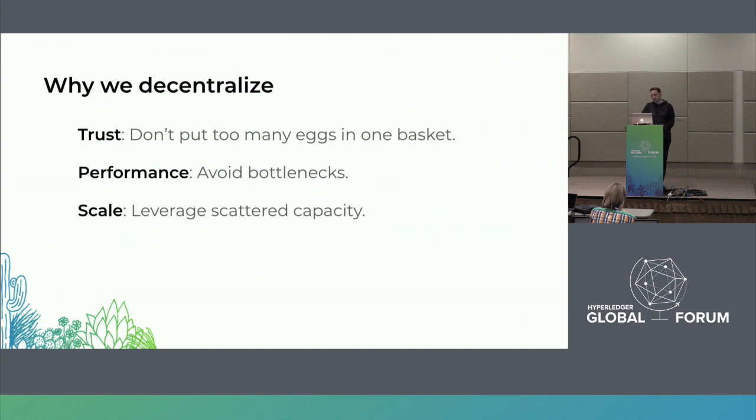As a matter of fact, in some cases you could say, well, the performance benefit is just because of the trust benefit or whatever. But I think these are distinct enough and interesting enough to call out as three separate items. We decentralize because we want to change trust characteristics. We decentralize because we want to change performance characteristics, or because we want to change scale characteristics. If we're not doing it for one of those three reasons, I'd be really interested to know why we're doing it. I think mostly that covers it. There might be some other corner cases too. But anyway,